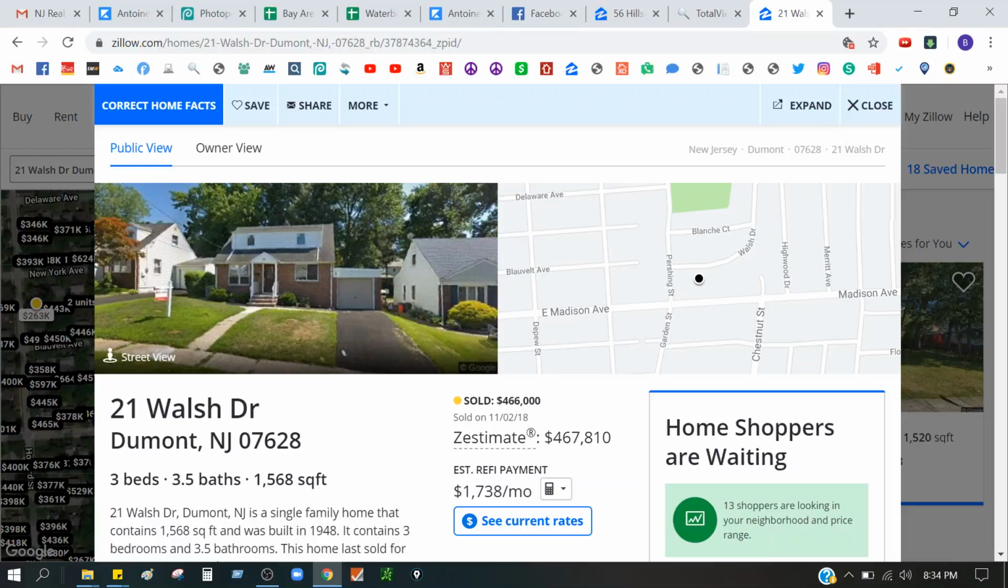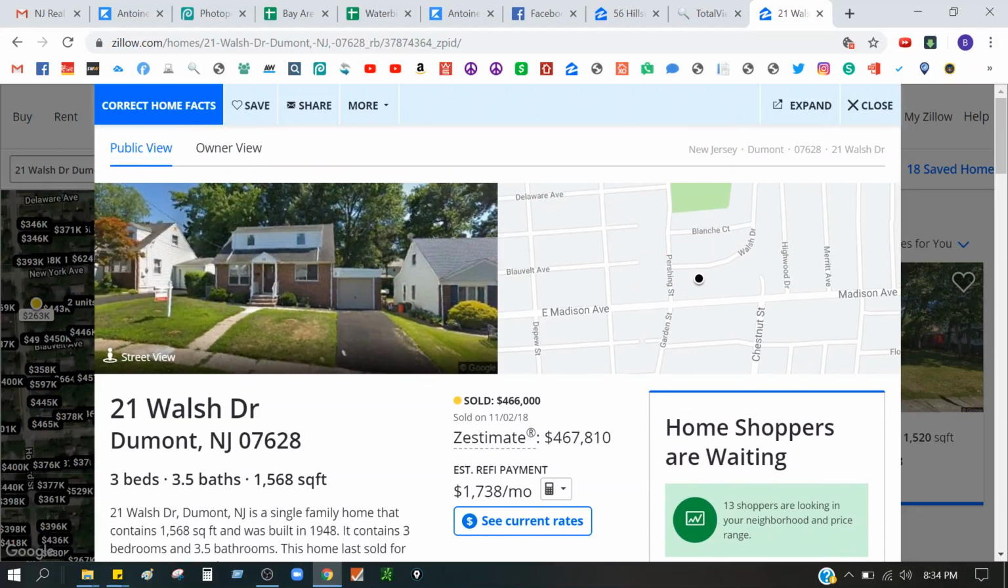And look, he sold it for 466. You see what I mean? I actually have never even checked to see if it was sold or not. But apparently it's sold for 466. That's crazy. But either way,